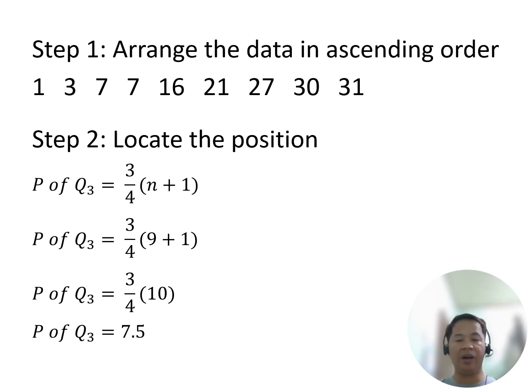Since the position of the quartile 3 is a decimal number and it's on 7.5 data, so we're going to interpolate. The larger and smaller number will be in between the 7.5 position, and that is between 7 and 8. And on our data, we have 1, 2, 3, 4, 5, 6, 7, 8. The seventh data is the 27, and the eighth data is 30. We are going to use that one on our next step.